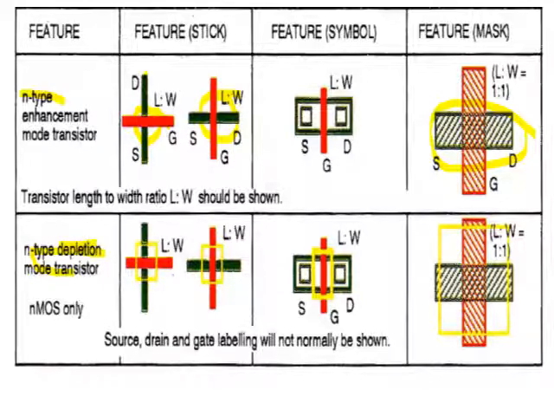In enhancement we build the channel by giving some necessary voltages, but in depletion it is not required. So this type of yellow colored square box represents that it is a depletion mode transistor. Here we don't have it, so this is the symbol of that. So here I am just covering very basic things. These will be useful in drawing the layouts of the circuits.